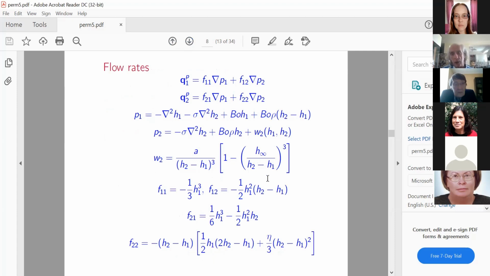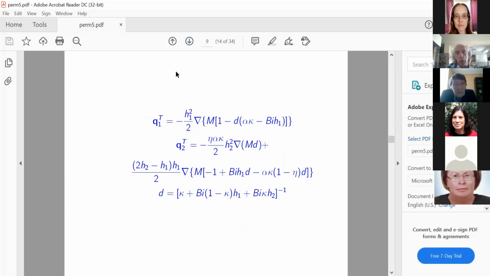And we take such a form from the paper of Pototsky and others. What is important is that this expression for the disjoining pressure allows a stable thin film. Another contribution to the flow rates is due to the heating or cooling of the system. After some simplifications, I converted it and wrote it in such a way. And that is our formulation.